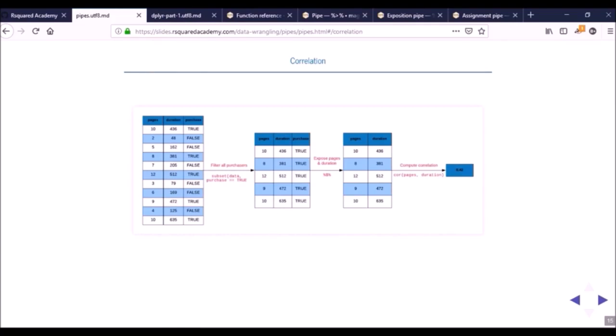First we'll look at this visually. So we have n_pages, duration and purchase columns here. First we'll use a function called subset to filter out all purchases. So we'll look at all the rows where the purchase column has the value true. These are visits which resulted in a conversion. Now if you look at the second data set, it has only those rows where the purchase column has the value true. Then we'll use the exposition operator to expose the n_pages and the duration column,